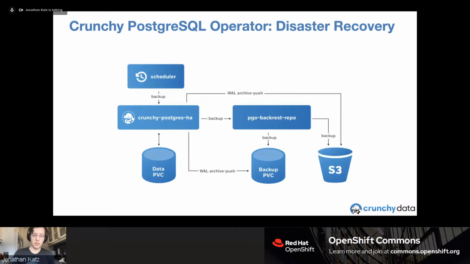So disaster recovery, how does it work? I would say that it works in a pretty cool way, and in what we can support. We support a multi-repository setup. What I mean by that is that you can push your archives, your backups, to a PVC that's somewhere within your local OpenShift environment, or you can push them to S3 or an S3 compatible storage system, such as MinIO. And you can actually support both at once.